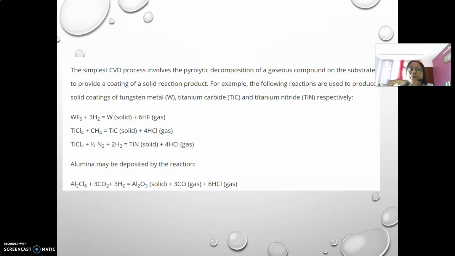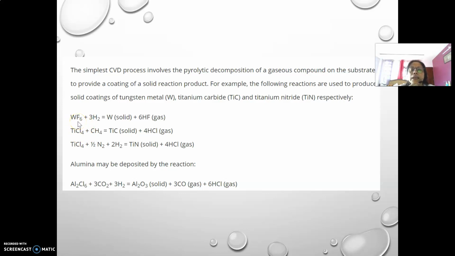Where we have the compound, and we generally take that compound in the gaseous state, and then we allow it to go to a higher state so that it goes to the vapor phase, and then along with going to the vapor phase, it decomposes or produces some other compound in the atomic state, and then in that atomic state it can be deposited. For example, if we take tungsten, the toughest metal having the highest melting point,